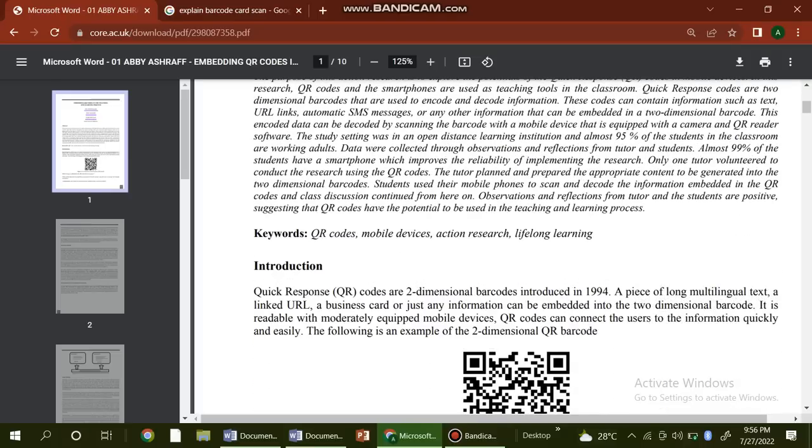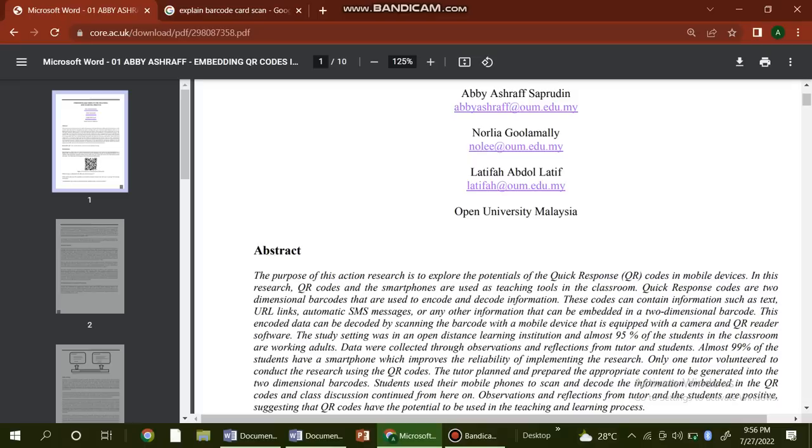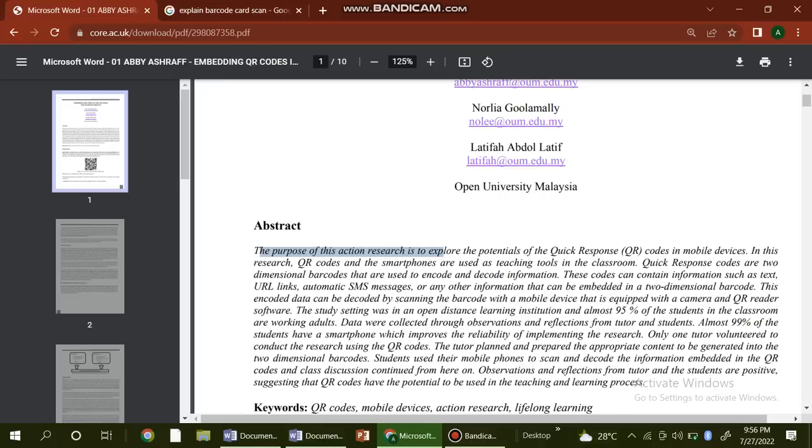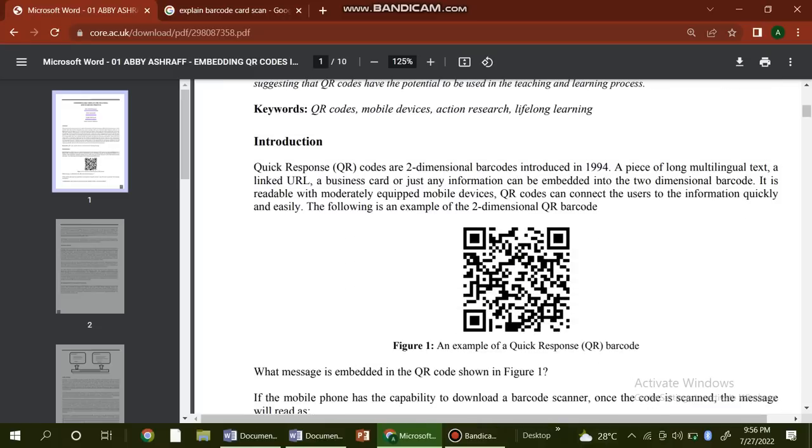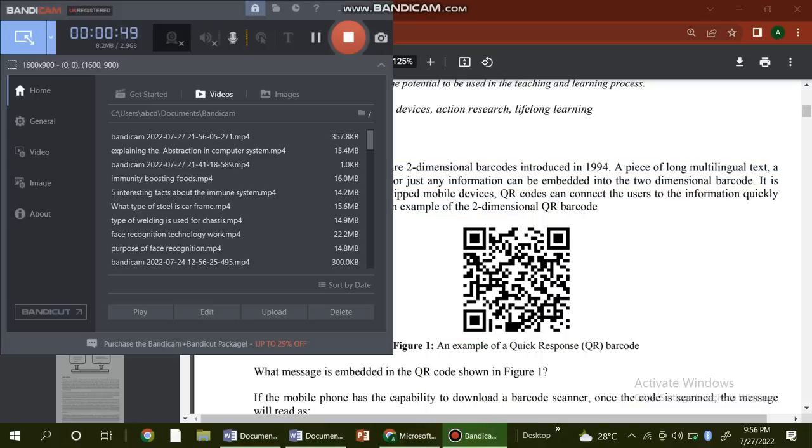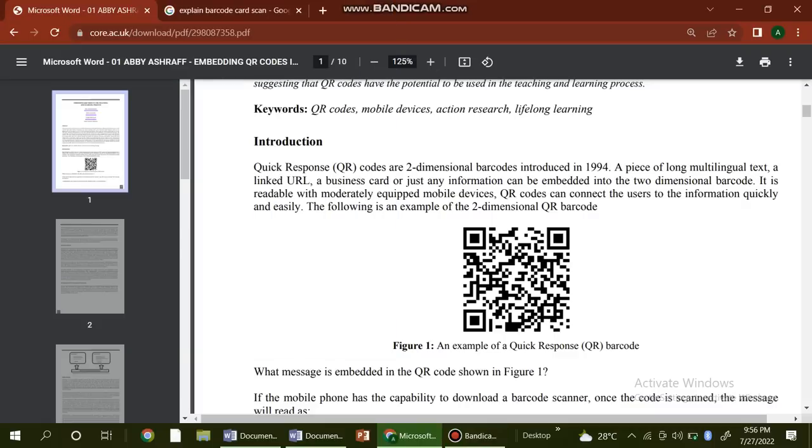First of all, you can see here the abstract gives you information about the purpose of the writing. Here you can first see the introduction. Quick response QR codes are two-dimensional codes introduced in 1994, capable of holding multilingual text.